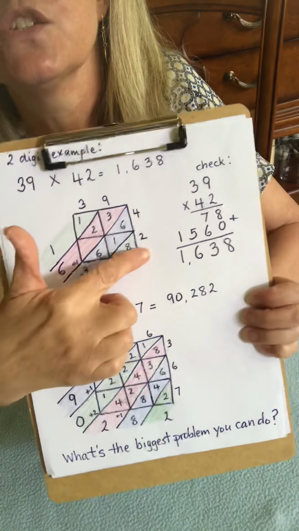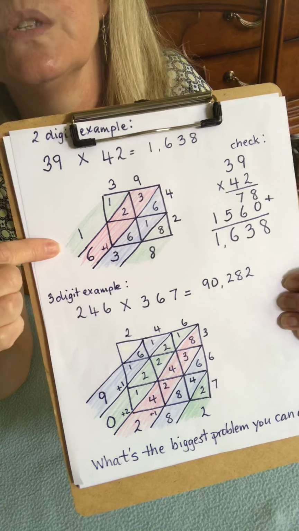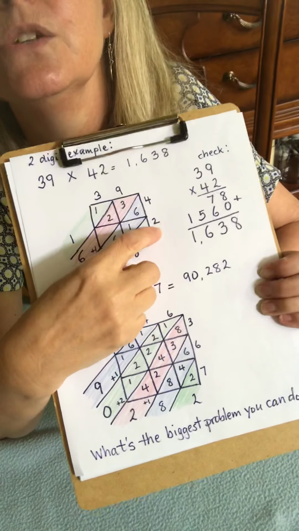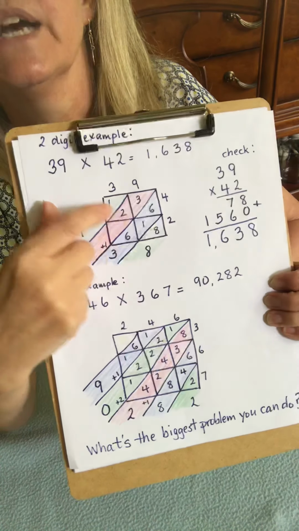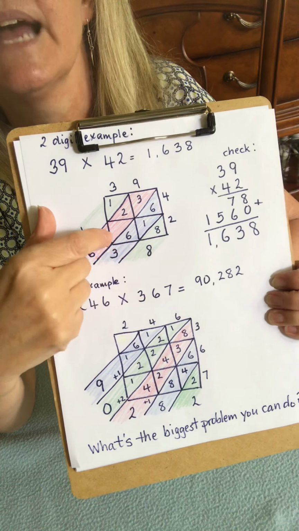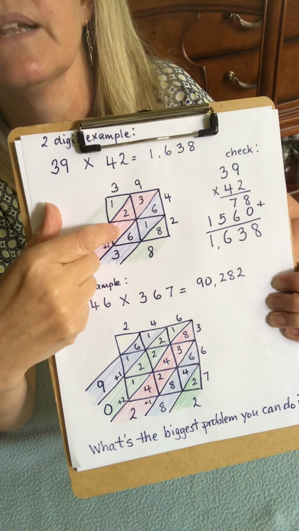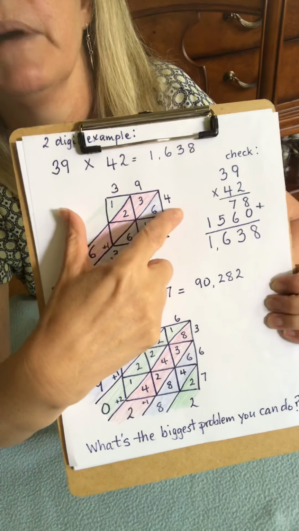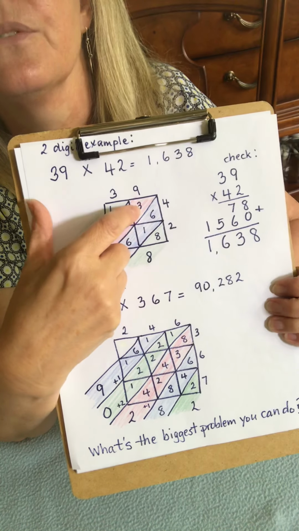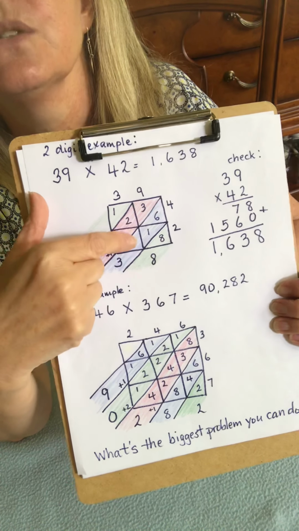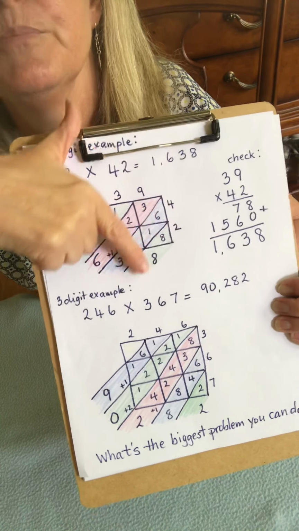I colored the sections, green for units, blue for tens, red for hundreds, green for thousands, and we did our multiplication. 2 times 9 is 18, put down your 8, carry your 1. 2 times 3 is 6, put down your 6, carry 0. Again, if you prefer to write a 0, like some people like to put the 0 on the checkerboard with the little tile, go ahead. Then we multiplied by 4. 4 times 9 is 36, put down your 6, carry your 3. 4 times 3 is 12, put your 2, carry your 1, and then you're ready to slide your beads and